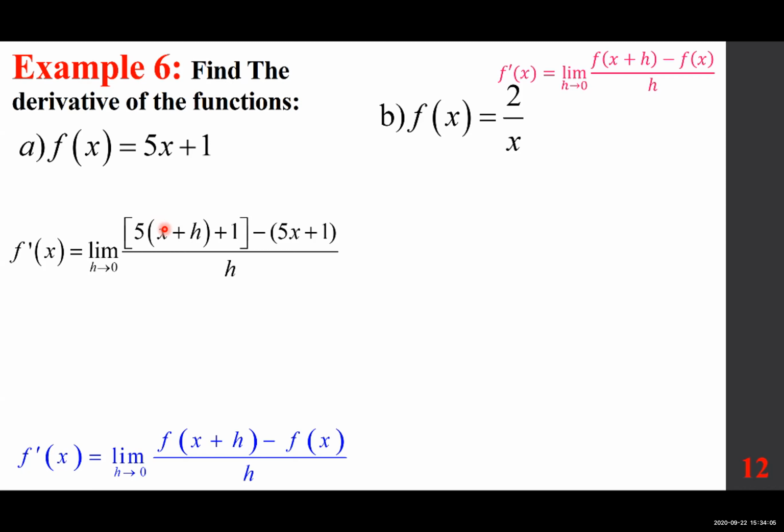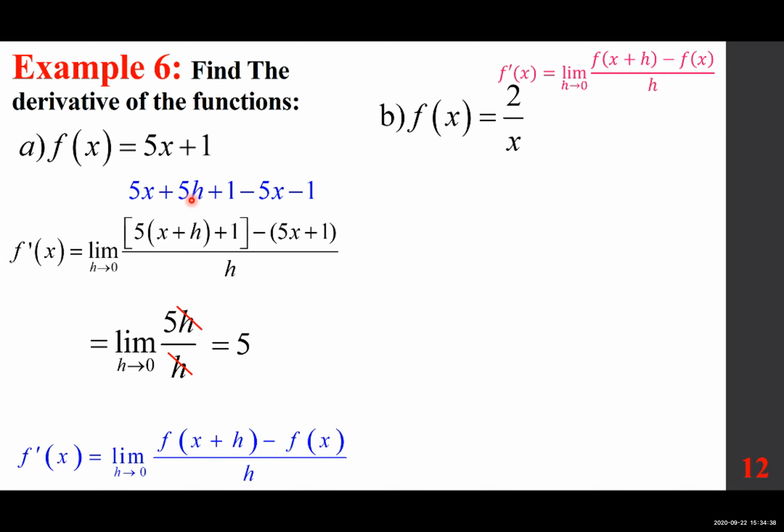So this is what? 5x plus 5h plus 1 minus 5x minus 1. Everything cancels out except 5h. I hope you see that 5x and minus 5x, positive 1 and negative 1 go away. The only thing left, 5h, drop the h. The limit of 5 as h approaches 0 equals 5. Now granted, and some of you know that, this can be done in a split second as of the next section. But for now,